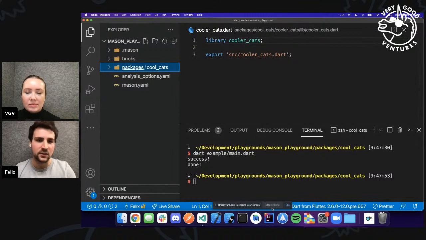I think code generation in Dart still has use cases that make sense to use the native tooling. Also, not to mention that it's built into Dart. Especially with the static metaprogramming proposals and things coming up in the future, it's probably going to be a lot more convenient to use code generation in Dart than it currently is, and you hopefully won't have to run that build runner build command manually